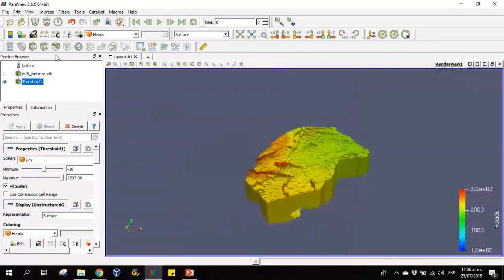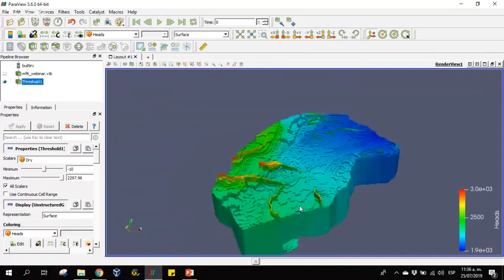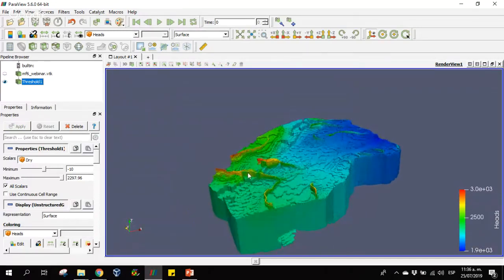I'm going to close this and rescale the data range. So here we can observe the results of our model. For example, in this part, these are the rivers. In this part of the model, the water is flowing into the model from the river because river heads are over the water tables. And on the other hand, for example, in this part of the model,